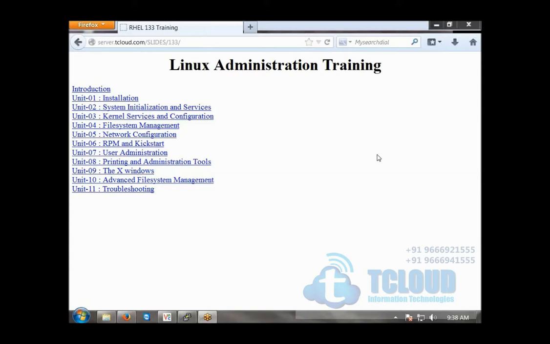Whatever classes we take daily, we record them, so they are computer-based tutorials. At any point of time, if you feel like going through them again, you can come to the office and go to the tutorials. If not, you can take a slot in which you can log in at a particular point of time and go to the tutorials. So this is the summary that I wanted to provide about the training that we bring from T-Cloud.